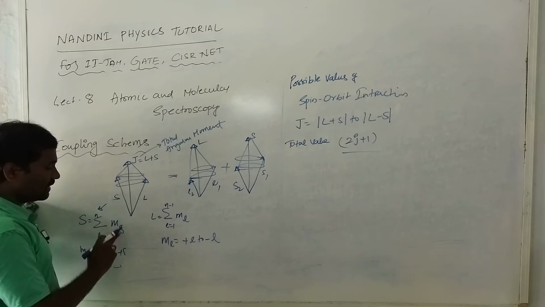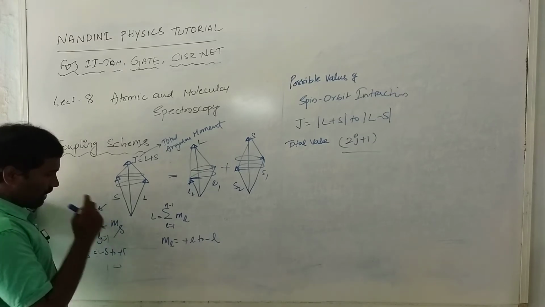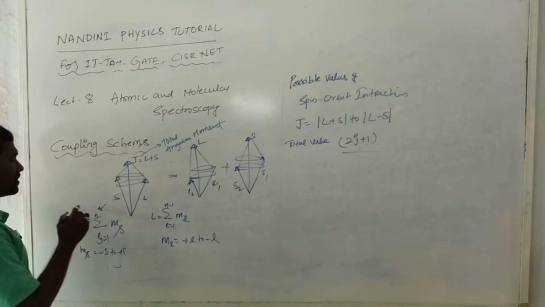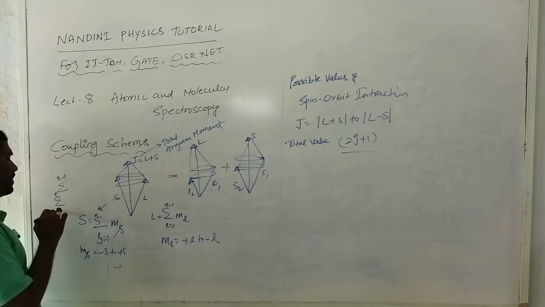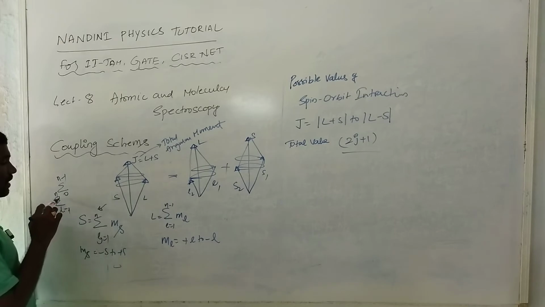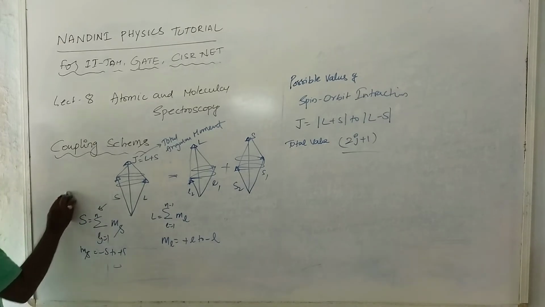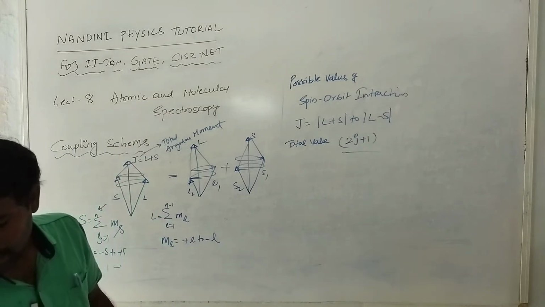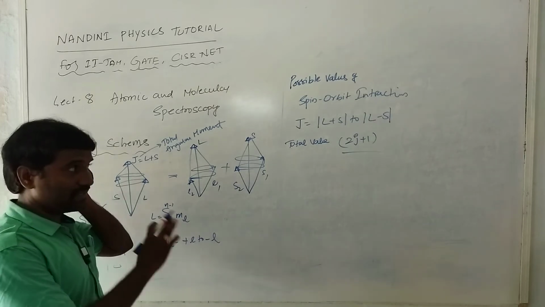Here S is nothing but the sum of s_i from i = 1 to n, and L is the sum of l_i. In textbooks, some take sigma as n minus 1, some take n plus 1. If you start from 0 you use n minus 1; if you start from 1 you use only n. No need to worry about these things. After that, we will note all the possible values in this session.